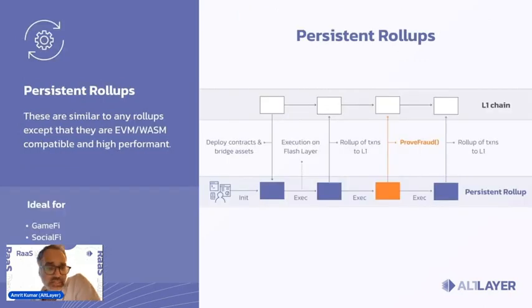And so, this was the flash layer. These are rollups that are disposable, and now I'm talking about persistent rollups. These are rollups that stay there forever. They don't get taken down. These are ideal for anything with a longer-term perspective. Imagine, for example, a DeFi project, a GameFi project, or a SocialFi project. These projects should ideally be on a persistent rollup because they'll prefer to have longer-term